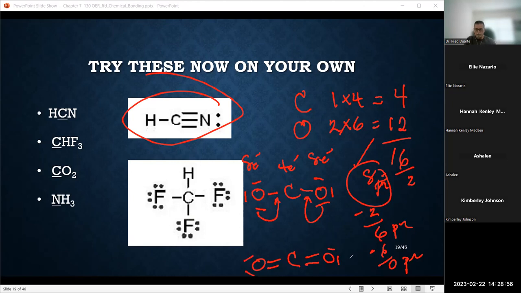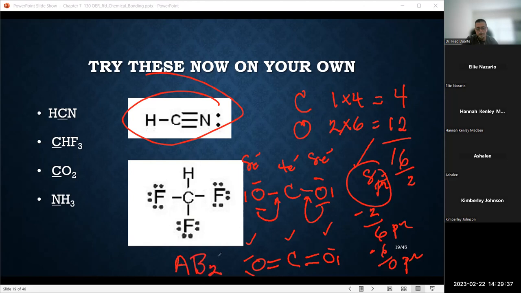Check the octet. Well, on the oxygen on the right, we have 8 electrons around it. Okay, 2 lone pair and a double bond. So we got 8. On the left oxygen, we have 8 around it also: a double bond and 2 lone pair. And then the carbon in the middle has 2 double bonds shared with each oxygen, left and right. So the octet has been fulfilled all the way around for everybody. Okay. And then our general formula becomes